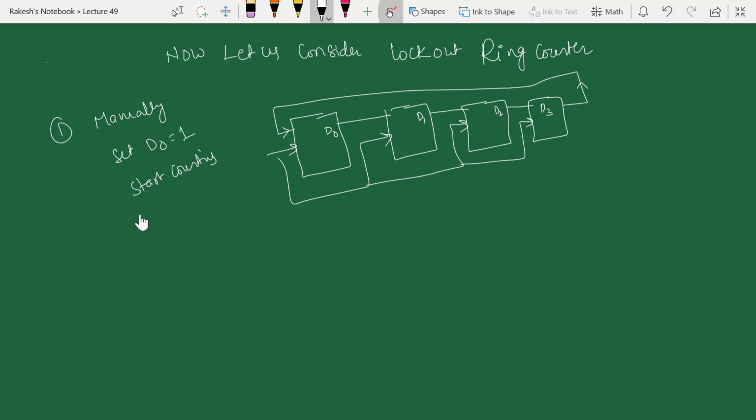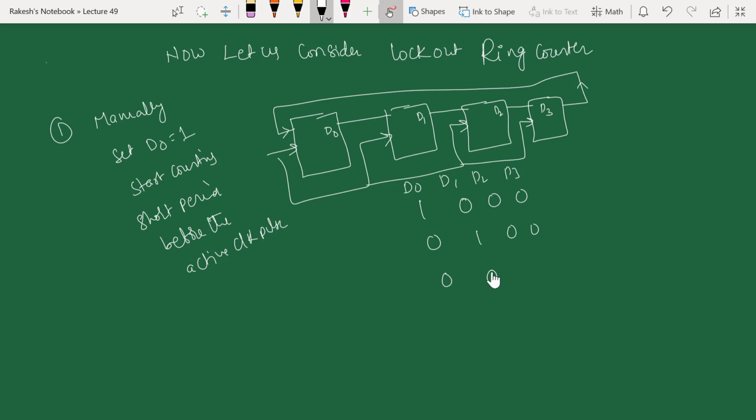This will be done for a short period before the active clock pulse comes, so that it will be in the 1 0 0 0 state before the next clock pulse comes. This will be D0, D1, D2 and D3. The next clock cycle will be 0 1 0 0, then 0 0 1 0, then 0 0 0 1, then it will be 1 0 0 0 again. These are the valid output states